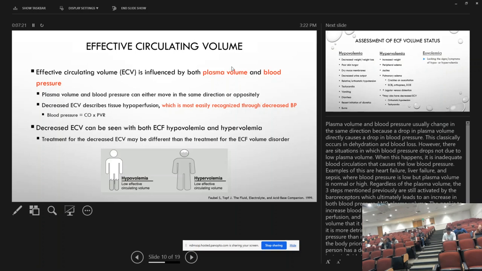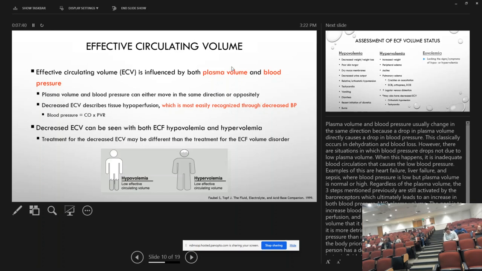Remember, blood pressure is cardiac output times peripheral vascular resistance. So a decreased ECV can be seen with both ECF, so extracellular fluid, hypovolemia, and hypervolemia, as depicted here on